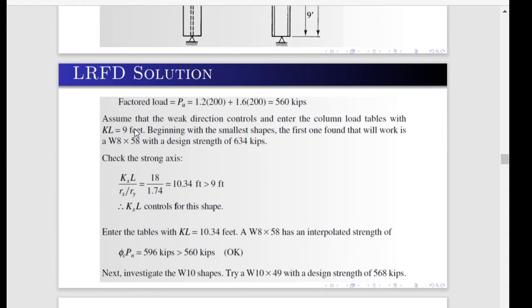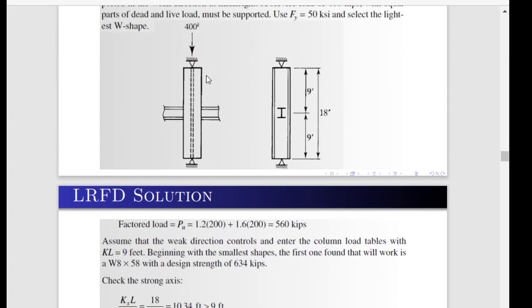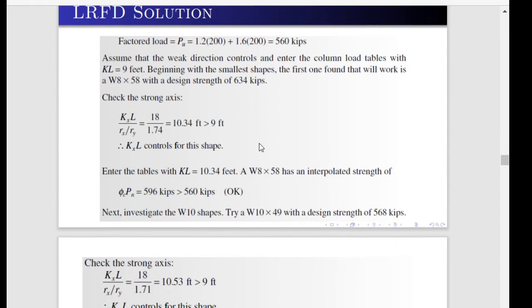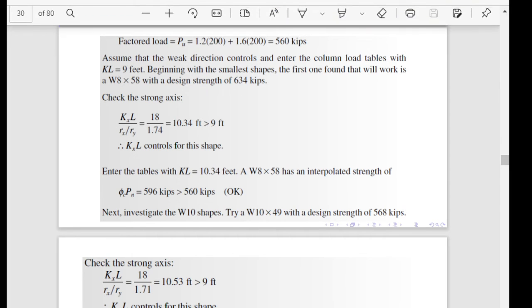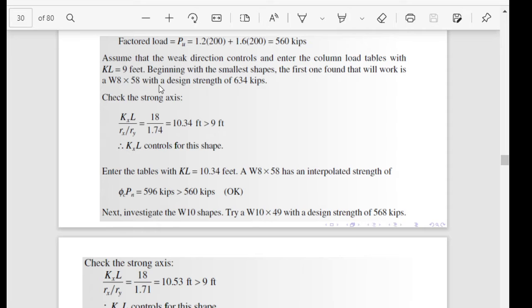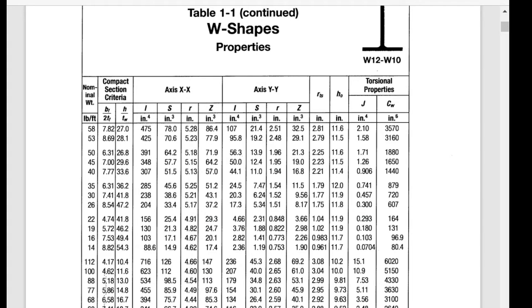For KL, since the supports are both pinned connections, K is equal to 1.0. So we assume that KL is equal to 9. Then look at the table, beginning with the smallest shapes. If you look at the table, beginning with the smallest shape,